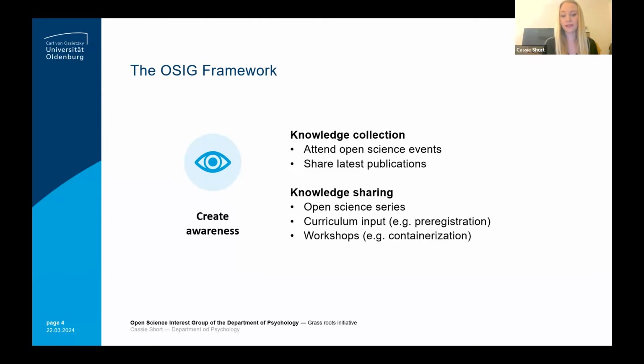Some ways we do this are an open science series. We have a department-wide colloquium that all the staff and the students are invited to attend, and it's quite well attended. We usually have 2 to 3 slots per semester dedicated to the open science group, where we can invite open science enthusiasts or experts to come and share their knowledge and their expertise, and really just encourage engagement and enthusiasm for open science practices.